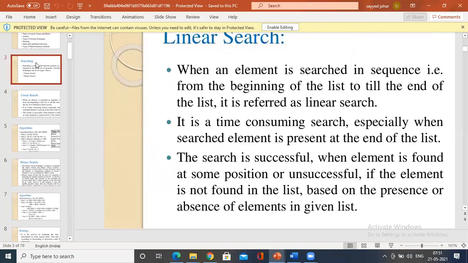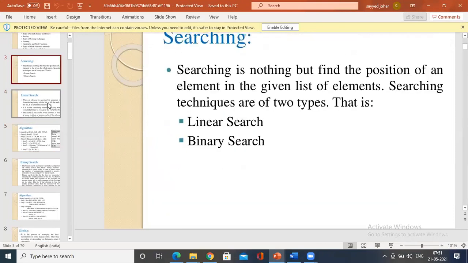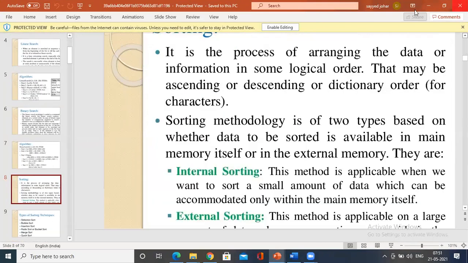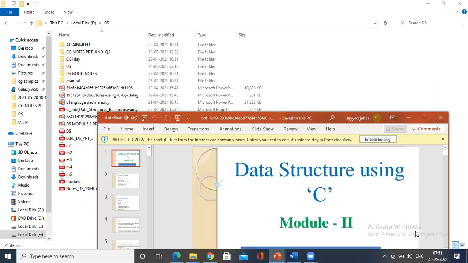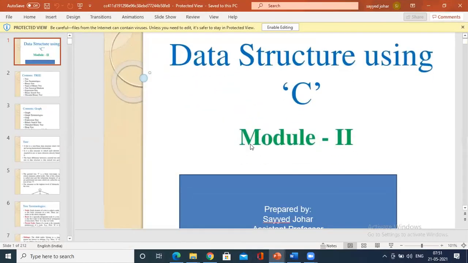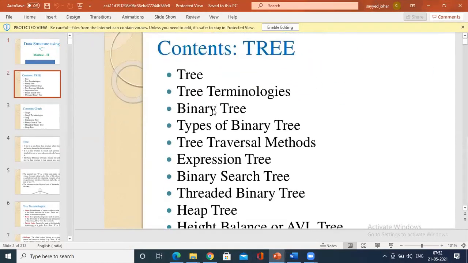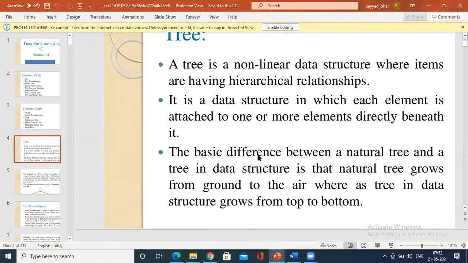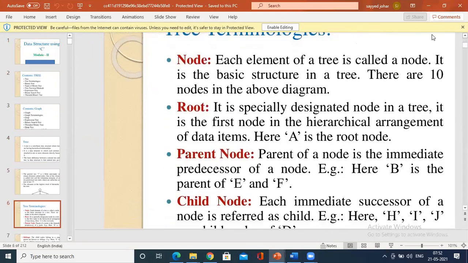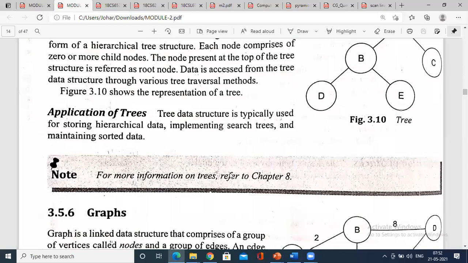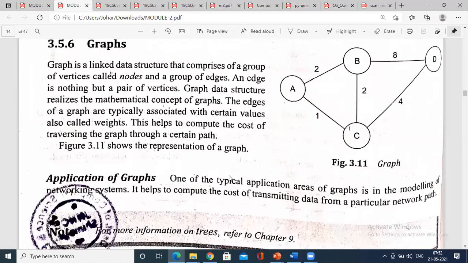So we have stacks, linear search, and all these things. Whenever it is needed, let me focus on that. This is in fact not module 2. So we have tree C, and these terminologies are all available. When it is needed, if I go with that now, you will have a lot of confusion. With that intention, I'm not going for it.